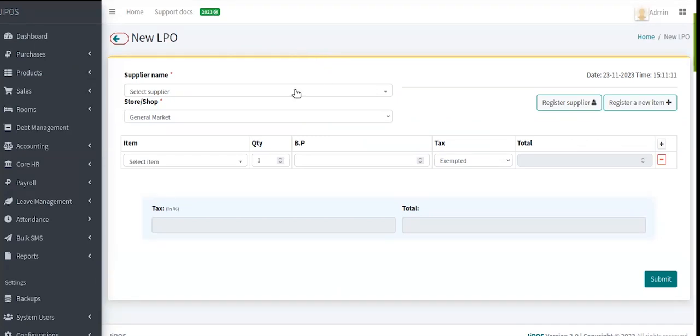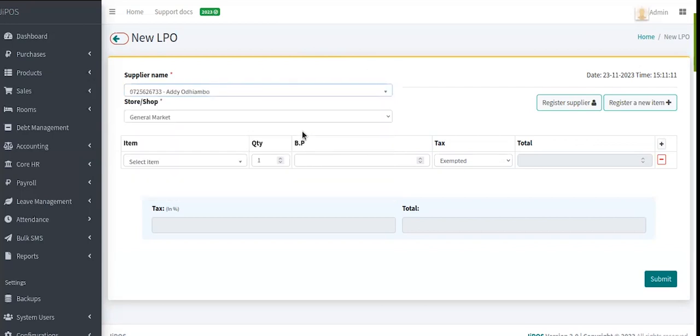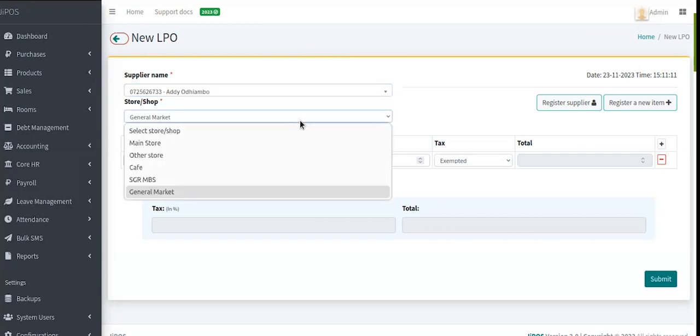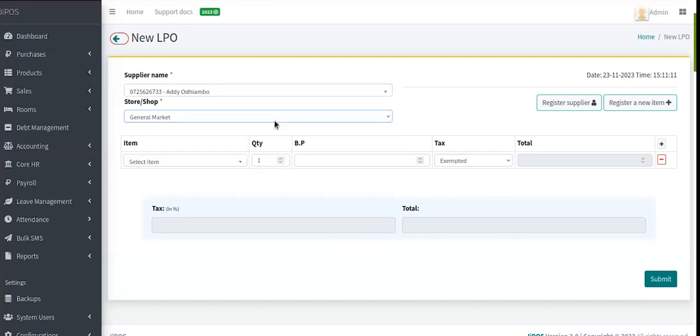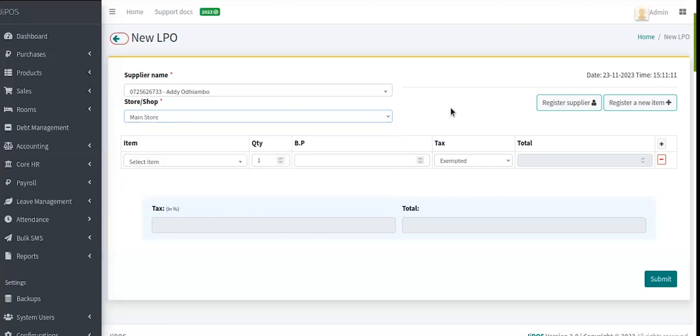You'll have to select the supplier name, and to register supplier once again, I'll advise you to visit our tutorial on how to register supplier, and that will be of great importance for you. So you'll have to select the supplier. You have to select the store shop. Once again, to register any store or shop, visit our tutorial and find how to register any store or shop in the system. So you have to select the store, which will have to be affected in case this proceeds